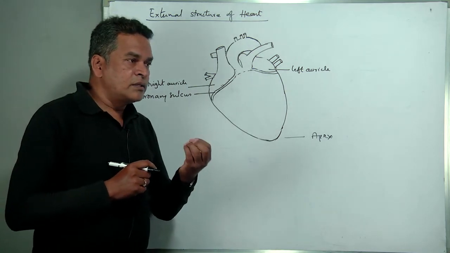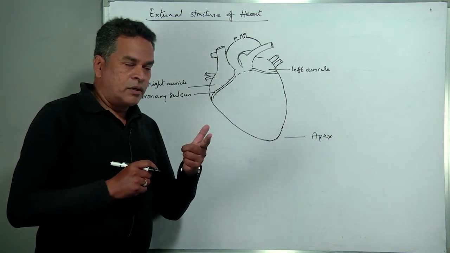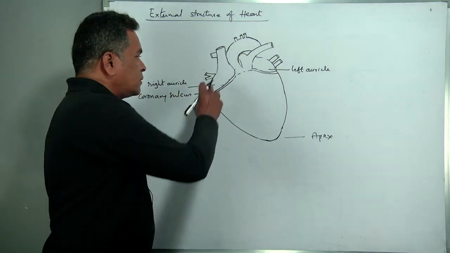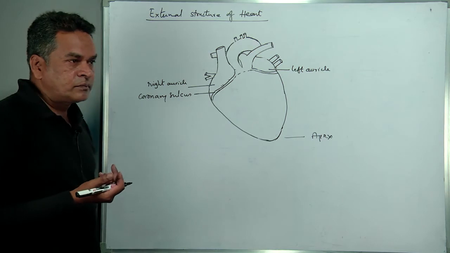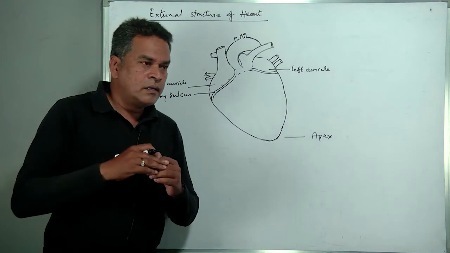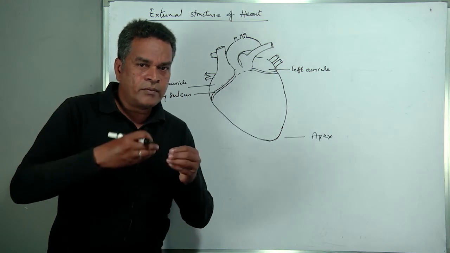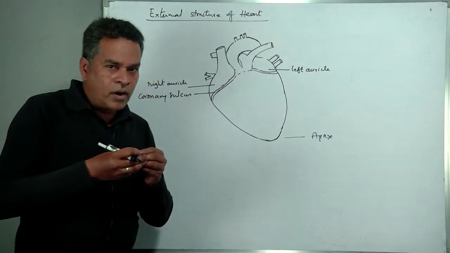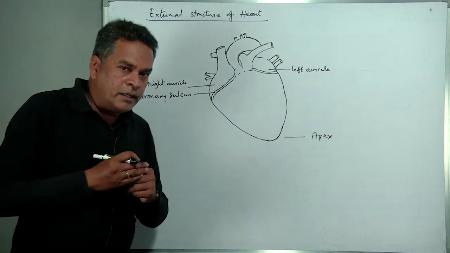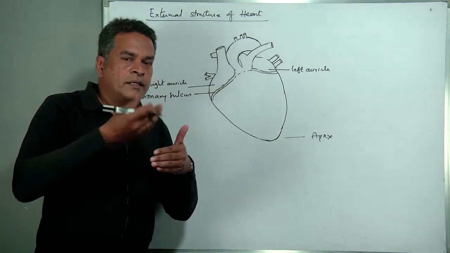Auricle means it looks like an ear. Auricle means ear. It resembles a dog's ear, so in that way the name auricle has been given. What is the significance of the auricle here? Point number one: the right auricle will have the atria inside. When we talk about atria, I am talking about the internal structure of the heart with respect to the atrium. Then we can use the word atrium. In the atrium, you find the posterior surface will be smooth, and the anterior surface.